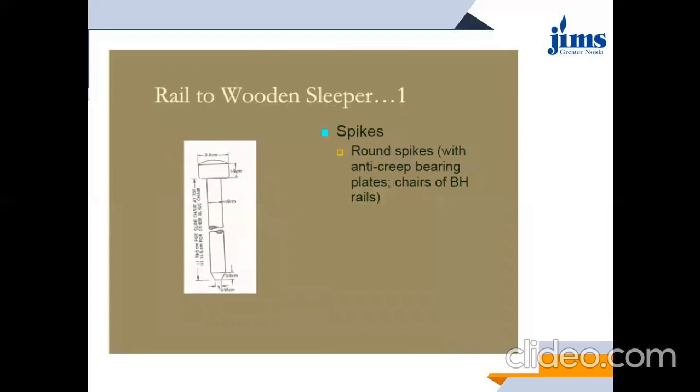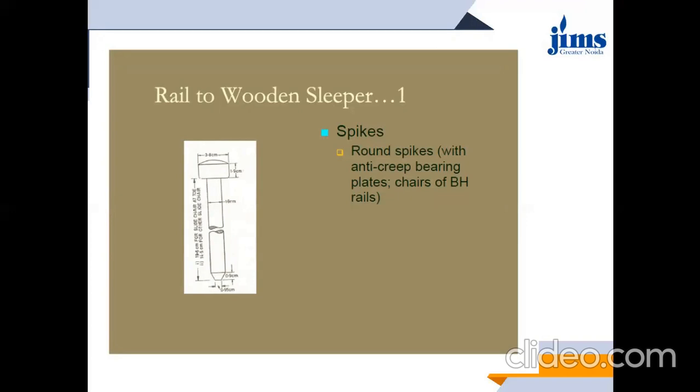Okay. Similarly, just like dog spikes were there, we have round spikes as well. These round spikes have an advantage that they can be used with anti-creep bearing plates. Also, the chairs of bull-headed rails. While we were studying the types of rails, we studied a certain kind of rail, that is the bull-headed rail. So in case of bull-headed rail, these round spikes can be used easily, where chairs were used to fix